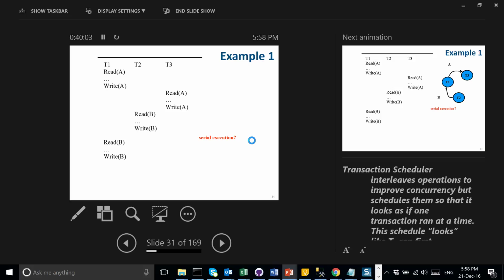So if you have an exclusive lock, you don't just let it go. Okay? So once T2 commits, then it will release the lock on B. T1 will get the lock and will be able to read B. So it will proceed with read B. And then it wants to write B. So it has to request an exclusive lock on B. This will be granted because the shared lock is owned by the same transaction. This will be granted, and then it will be able to write B.